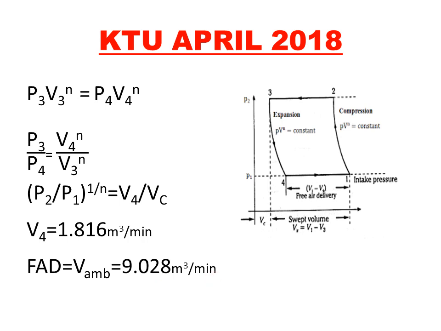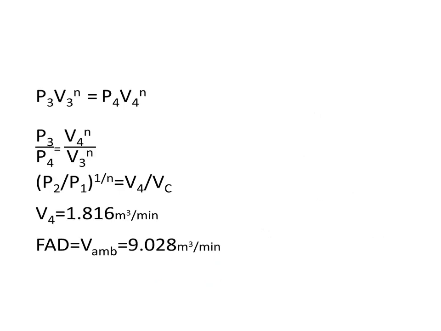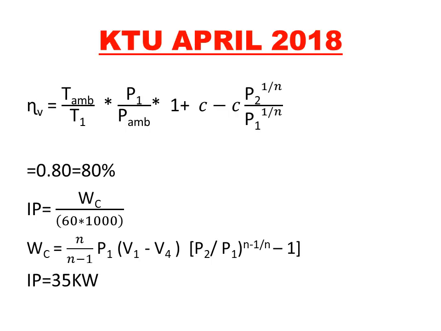cube per minute. Now, in the second part, you are asked to find out the volumetric efficiency. So, for finding the volumetric efficiency, you need the formula. And these terms are given in the question, so you need to include these terms. Otherwise, you can neglect these two terms and find the volumetric efficiency. Now, you need to find out the overall volumetric efficiency. So you have the terms at present.